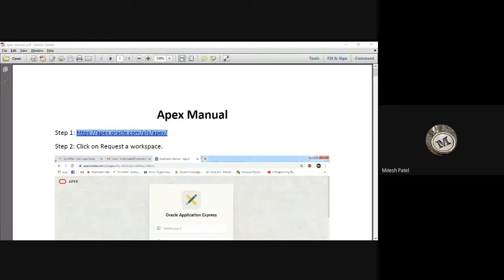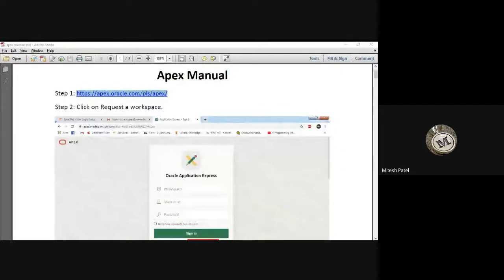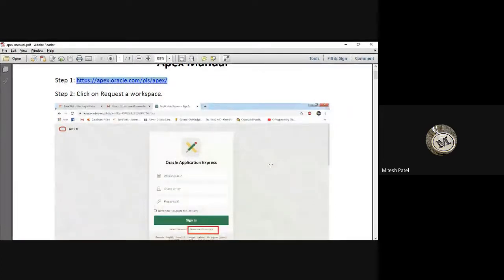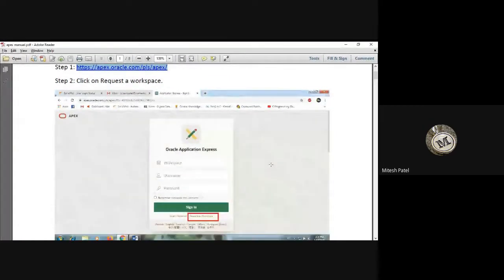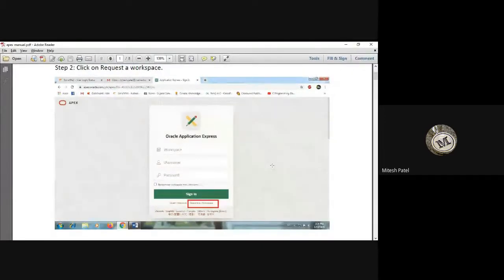Parallelly, I am also displaying these steps. Step number one is the link of this website. It is already pasted in your chat. Step number two, click on request workspace.